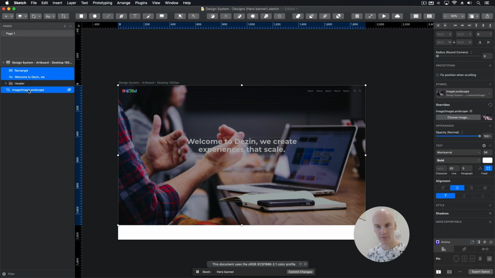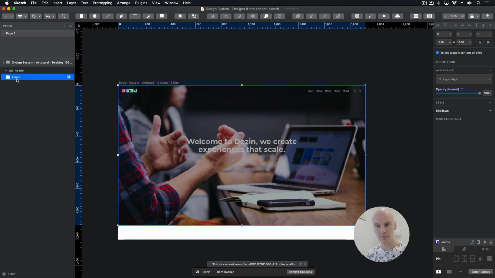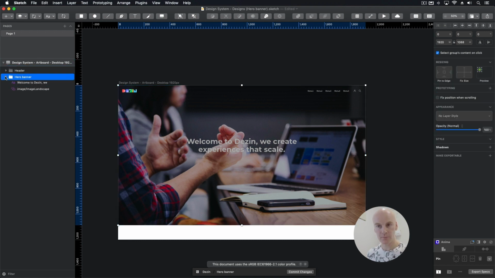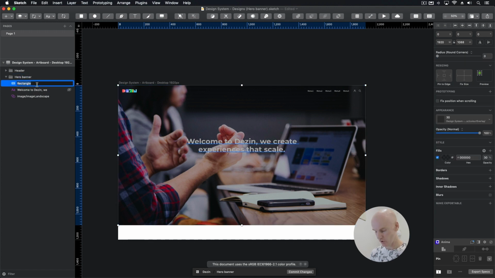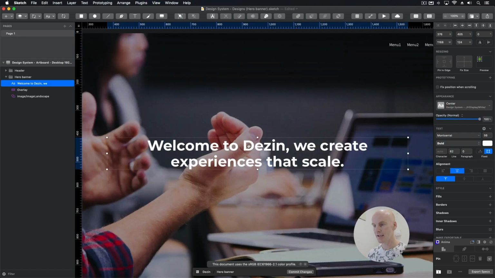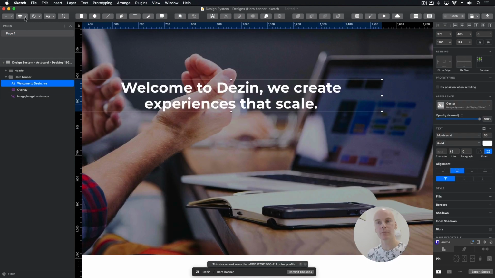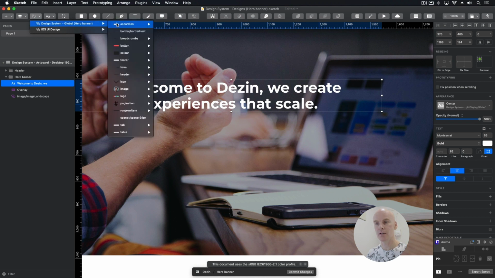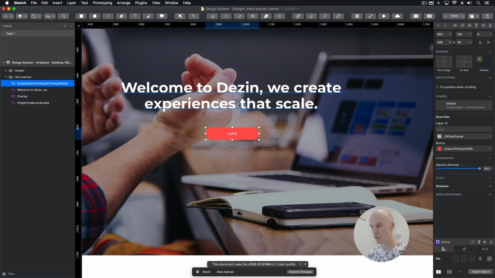Let's grab all these layers, group them, call this Hero Banner, drop that below the header, move this overlay after we rename it below the text, and now we can see it. We're going to select that text and drop in a button. Let's go to Symbols again, go to Button, Button Primary, Primary Default, and drop that in the middle, center it,